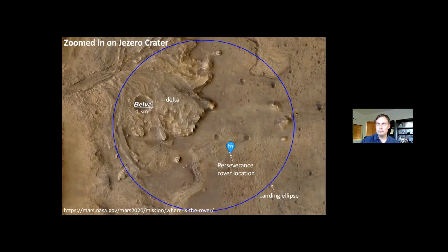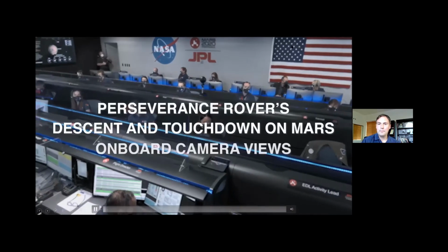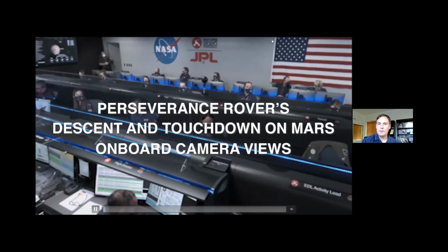We are starting the straighten up and fly right maneuver where the spacecraft